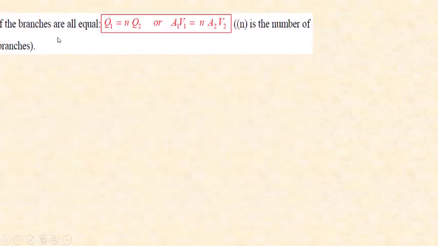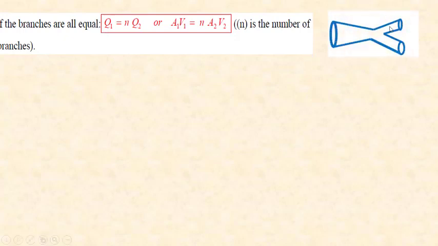If the branches are all equal, if I have to divide into 2 or 3 branches, like this shape, these areas are equal, so Q1 equals N Q2, or A1 V1 in this case equals N, the number of branches, times A2 V2. Note,